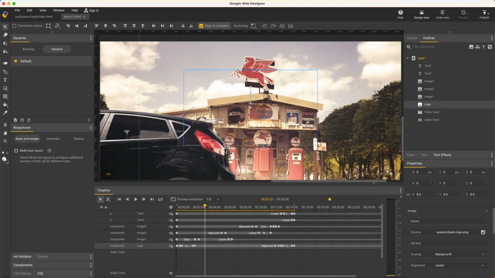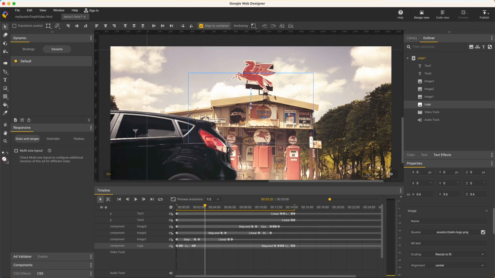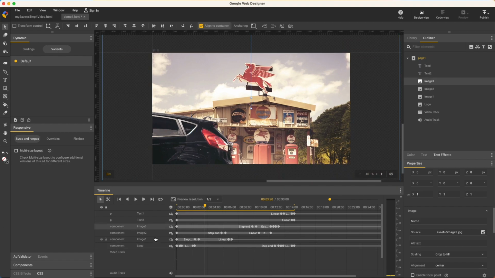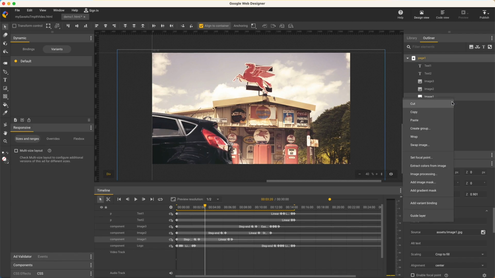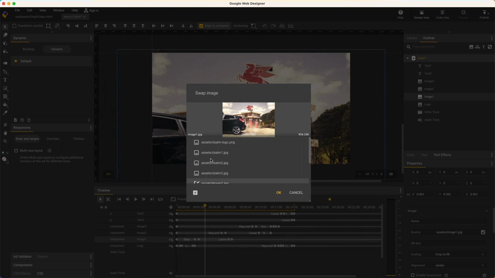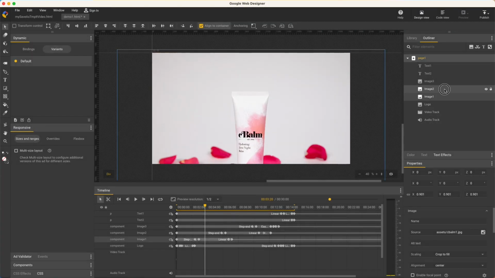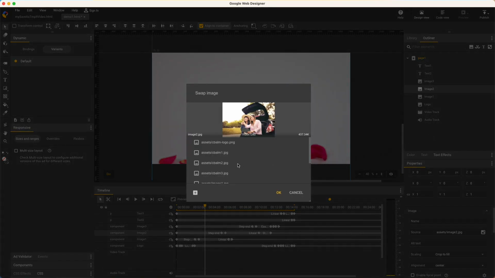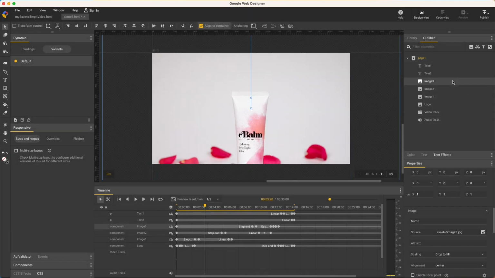Advance to the first photo, and to make this easier to see, I'll click the stage mask icon, which hides everything outside of the stage area and gives me a better idea of the finished video. Then repeat the process, basically going through the entire file to update all the images to my own content. I can just go right up the line here onto the next image and repeat. Using the outliner panel like this saves me the time of locking and unlocking timeline layers so I could access that swap feature on stage.